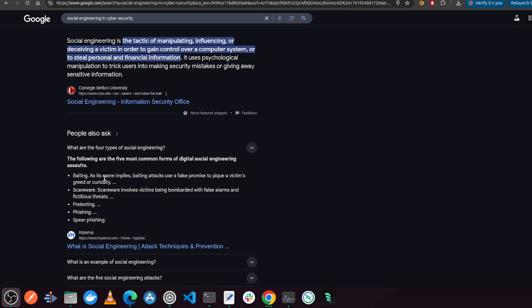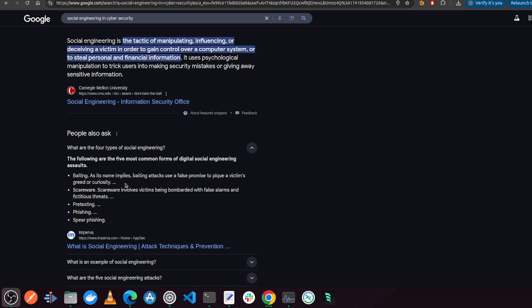As it implies, you use a false promise, and one of the things that is very critical about social engineering is that it revolves around two concepts. There's the concept of a sense of urgency. Your account is being blocked now, act now, download software to remove malware, you have been locked out, and so on. Do it right now, the opportunity may pass you by, and that's one of the premises of social engineering. It creates that sense of urgency and usually lowers your guard.